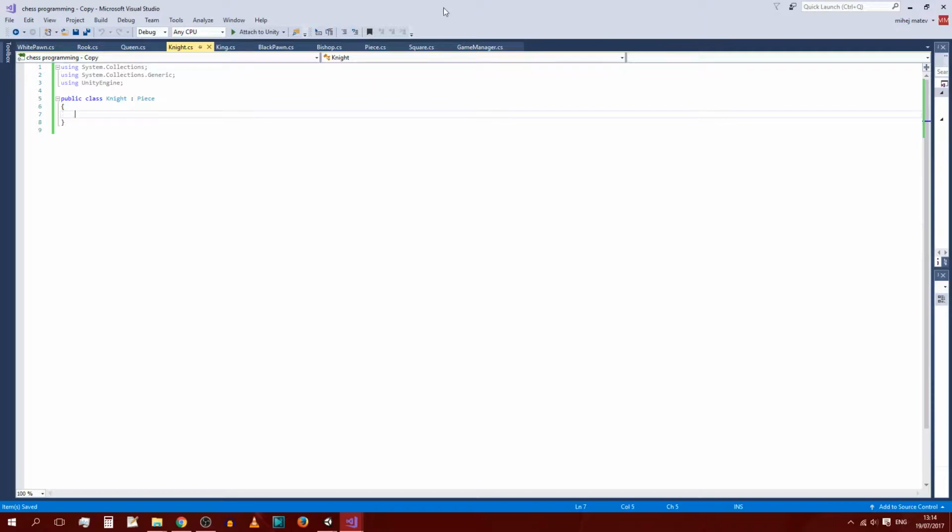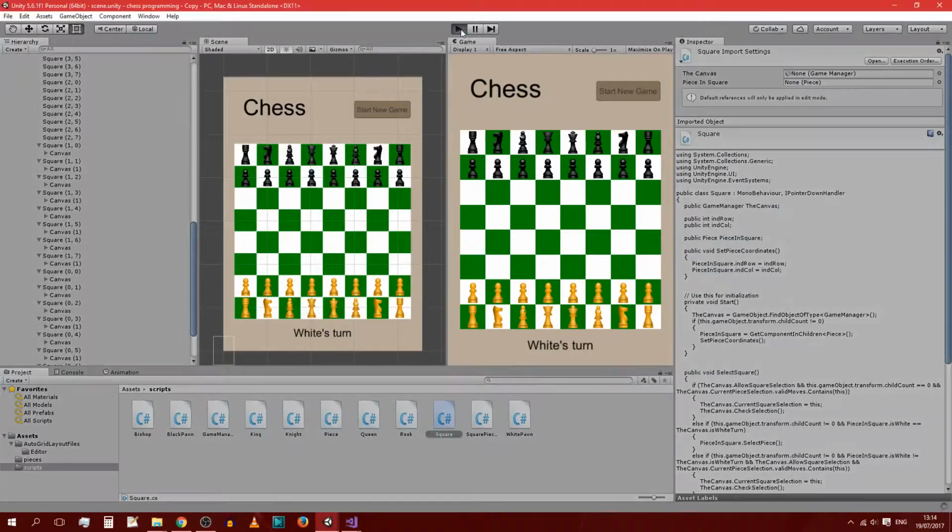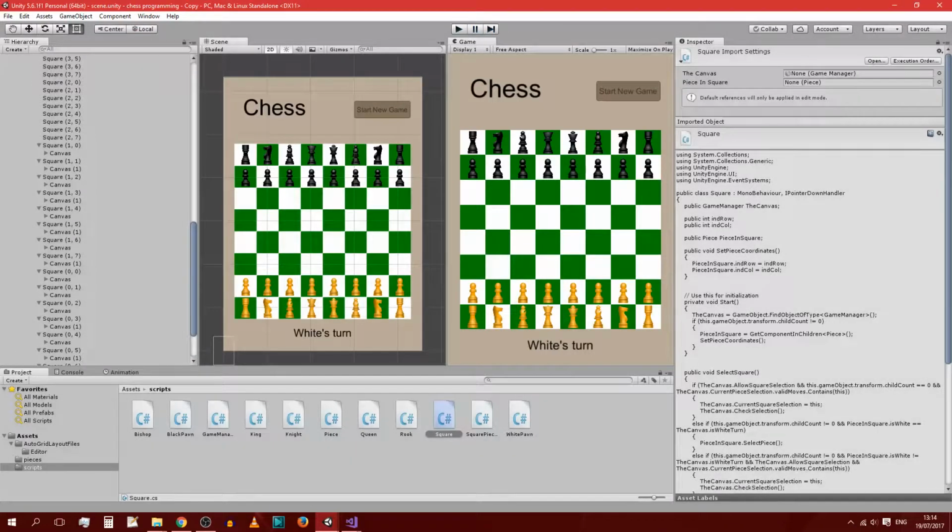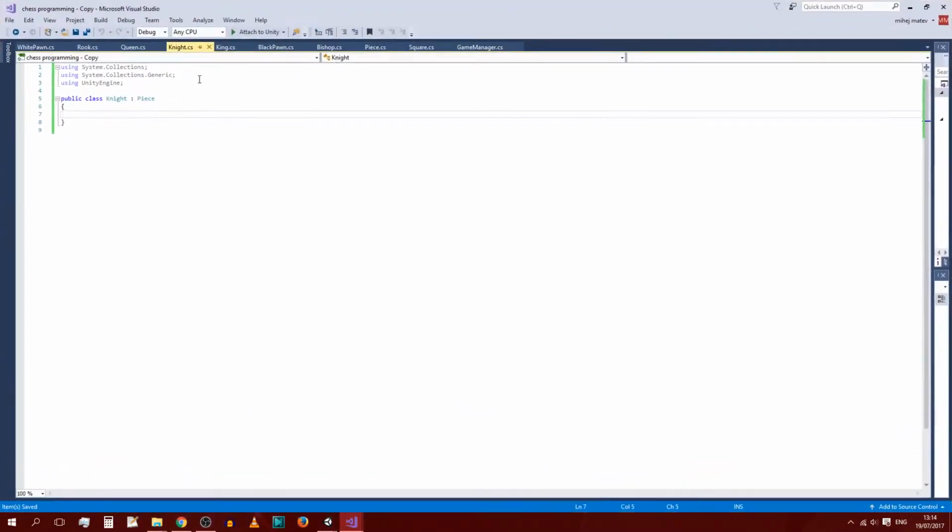So in the last lesson, what we did was get this set up. Now once we select a piece, and once the game actually loads, there we go, we are told graphically where we can move. So I can't move onto my own pieces, but I can move onto other pieces, and because this is just the default piece, I can move it anywhere I want to. We also made sure that the user knows whose turn it is, so that it makes it easier for them. So what I said we were going to do today, and we are actually going to do it, is look